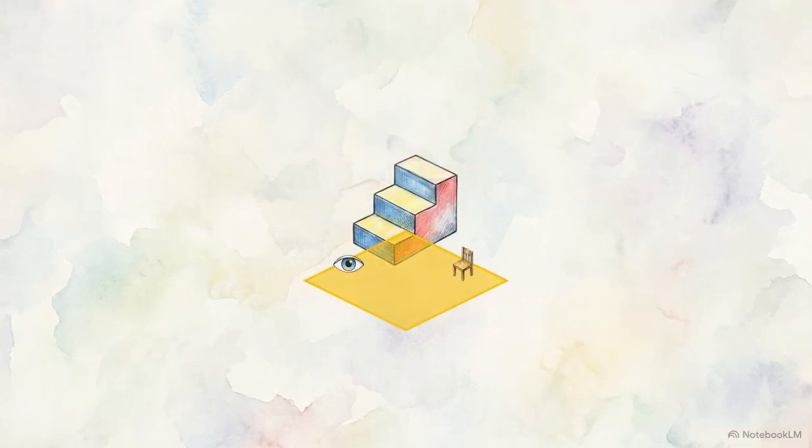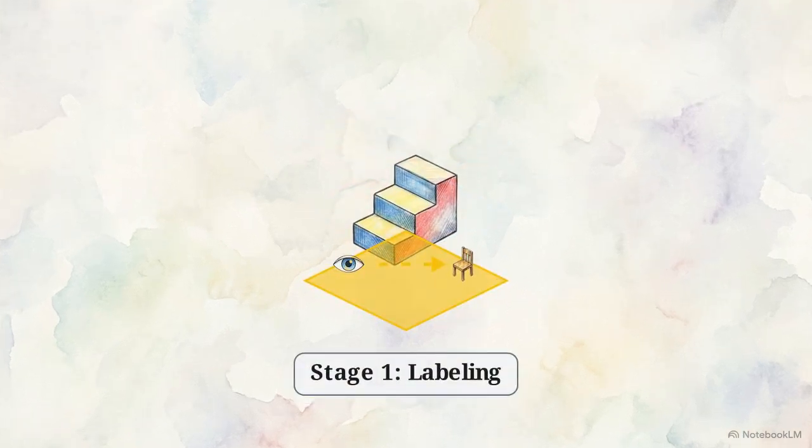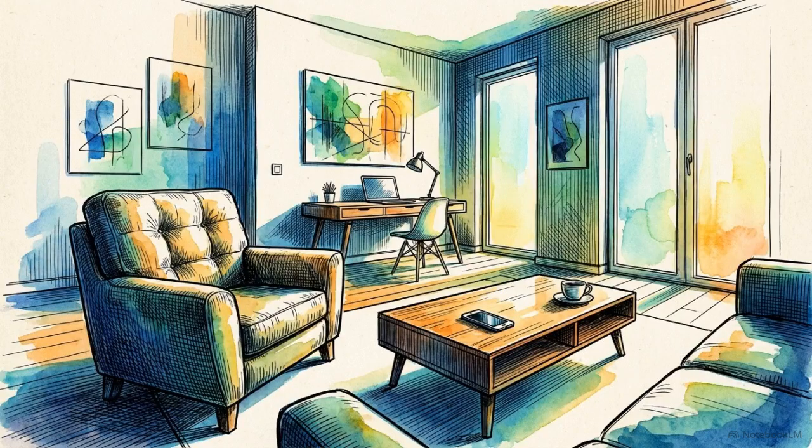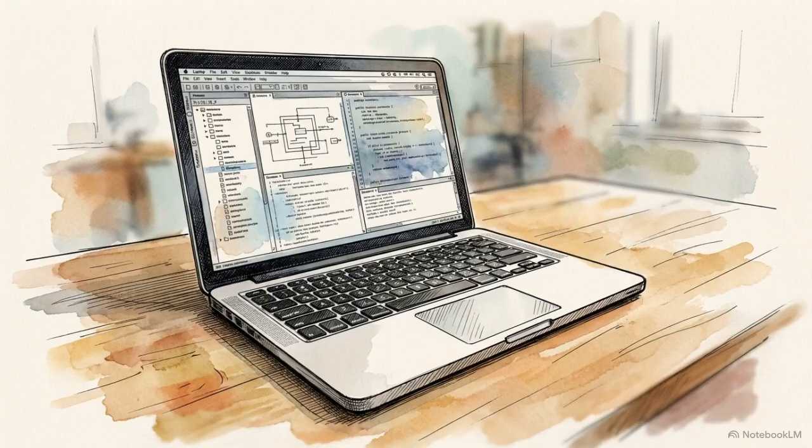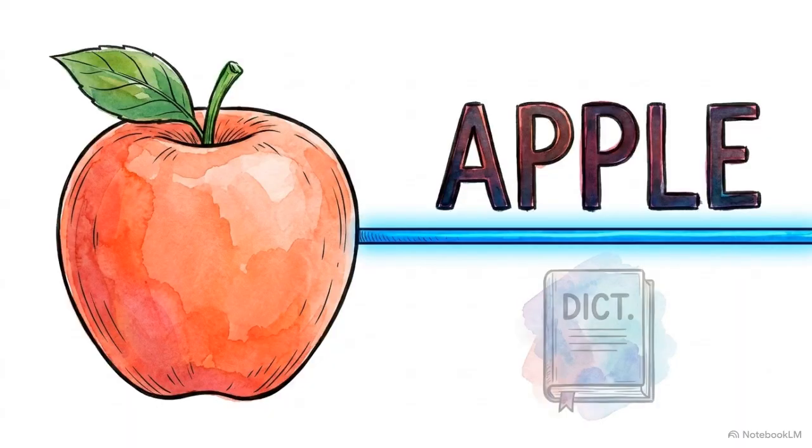Stage 1 is labeling your immediate physical environment. Look around you right now. Instruct yourself to identify physical objects using only basic English nouns. Name a chair. Name a computer. Name a telephone. This localized practice forces your mind to attach English words directly to physical objects.